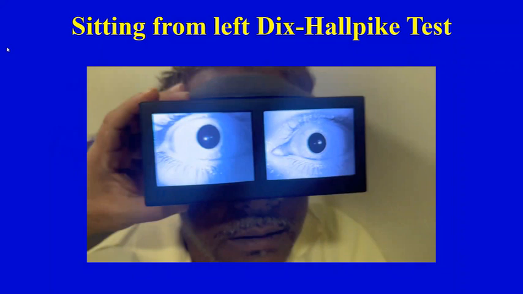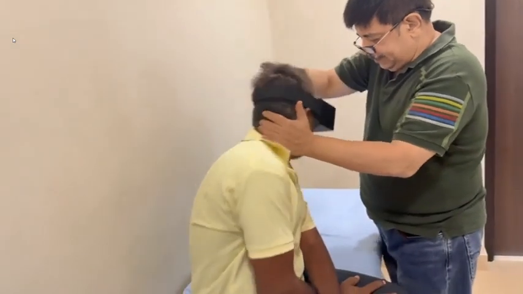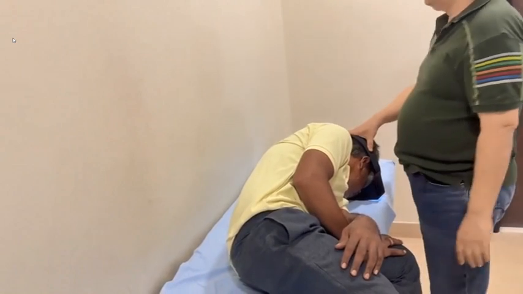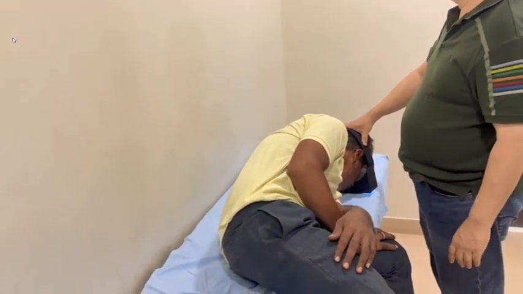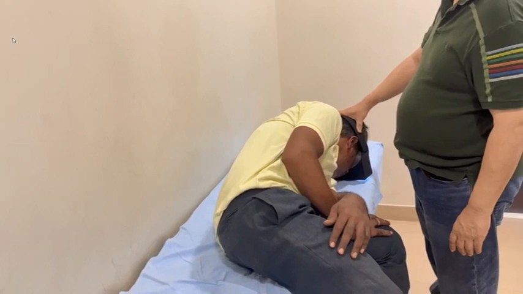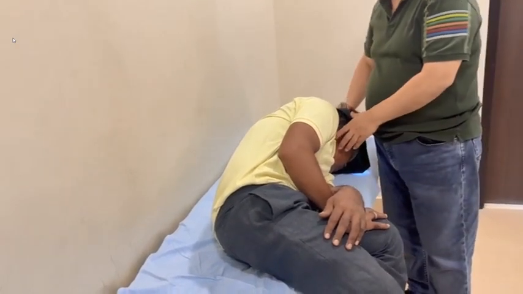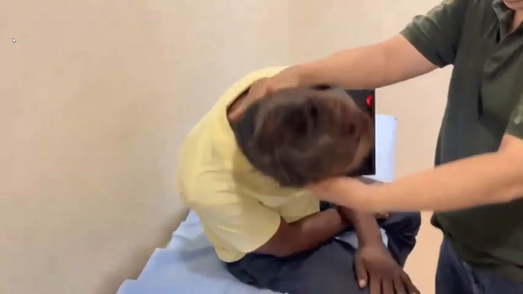Because the torsional component was towards the left side, we chose to do the reverse Semont maneuver, starting from the nose down position to his left side. So this is the reverse Semont maneuver. The first position is like the demi-Semont. The face is rotated 45 degrees to the patient's right and is taken to the nose down position to his left non-involved side, and then taken to the nose up position to the right, and there you see